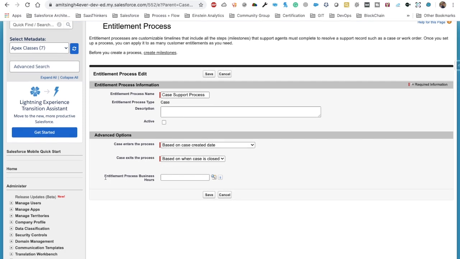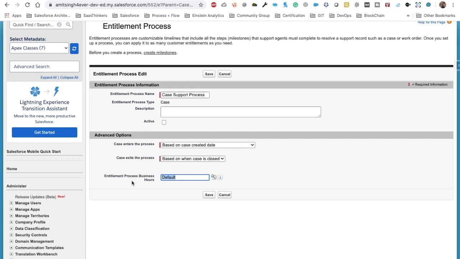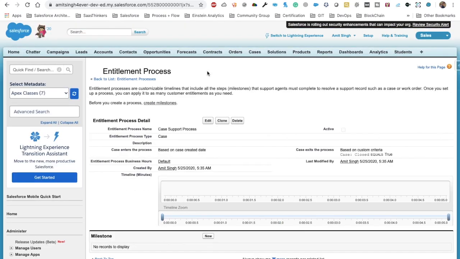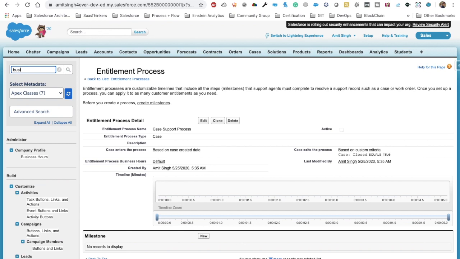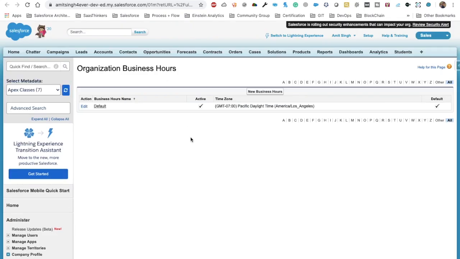And then we have another option for selecting the business hours. Definitely every company has their own business hours whenever their representatives are working. So we are just going to select the business hours here. By default we have default business hours, so we'll select that. You might want to choose a different one. You can go to business hours from the quick search box and create a new one for your use, like Monday to Friday 9 to 6 a.m. IST, or based on a different time zone.